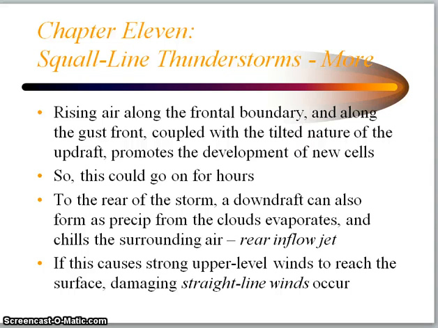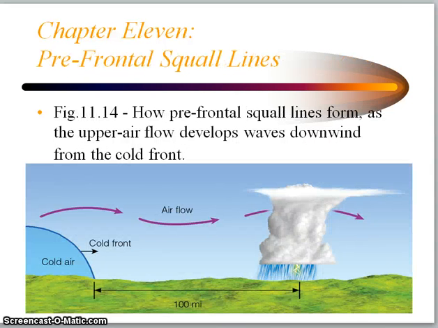To the rear of the storm, a downdraft can also form as precipitation from the cloud evaporates and then chills the surrounding air. Remember, evaporation is a cooling process, so that can even make the downdraft stronger. We call that a rear inflow jet. And if that rear inflow jet causes strong upper level winds to reach the surface, you can get those damaging straight line winds that occur on the surface in excess of 60 miles an hour that can cause property damage